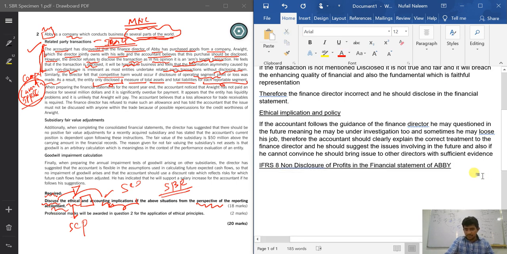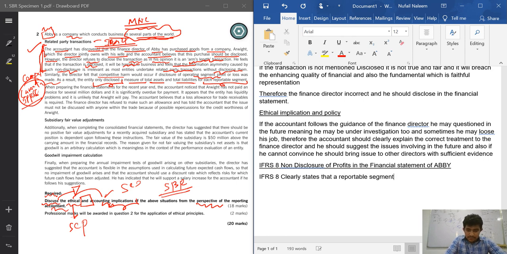I am the accountant. That's what I am mentioning specifically. So I'll directly start with IFRS 8 clearly states. Now look at the verb. I am not starting IFRS 8 as operating segment is a component of an entity which is involved in earning revenue and incurring cost. I'm not mentioning anything. I'm clearly saying IFRS 8 clearly states that a reportable